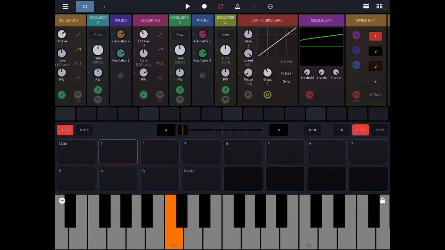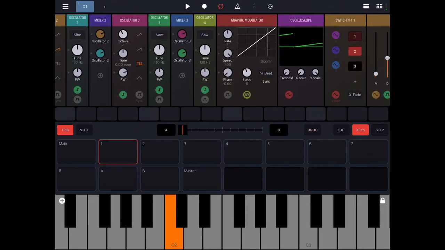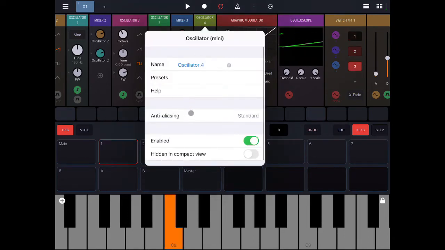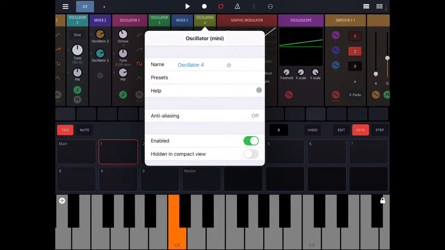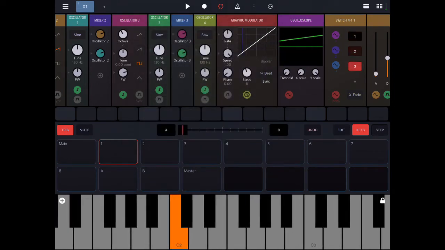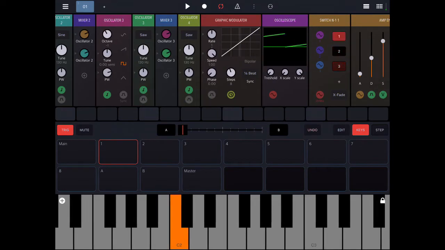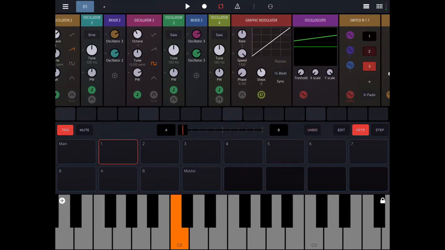So you can sort of hear just some odd, barely there, but there's some noise in the background. If we change the oscillator to non-aliasing, it'll get rid of some of that noise. And then, I haven't mastered this yet, but